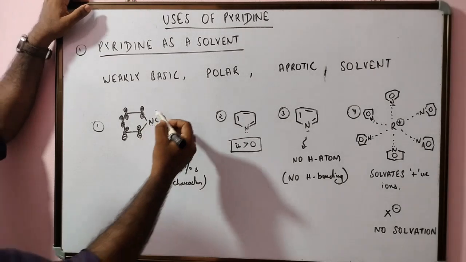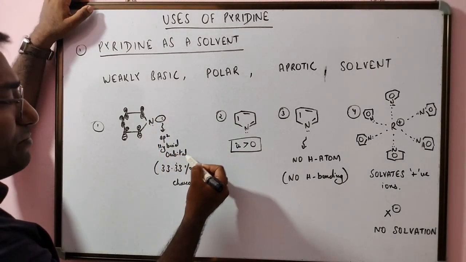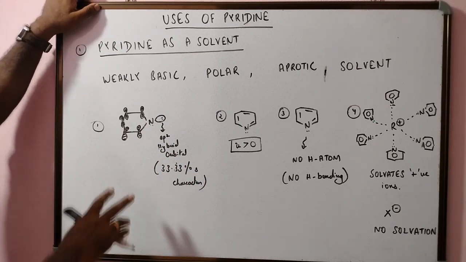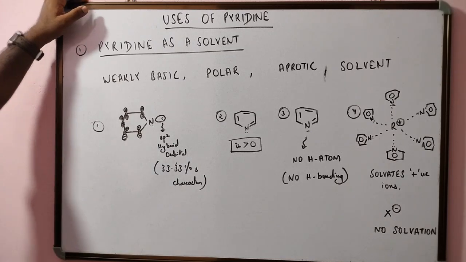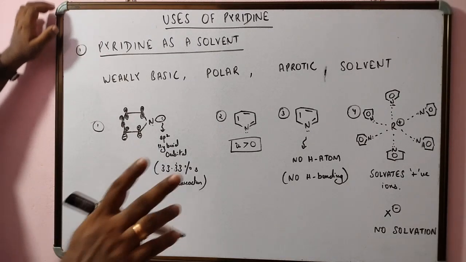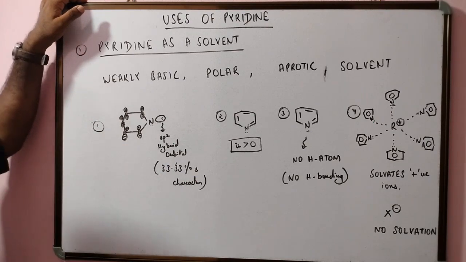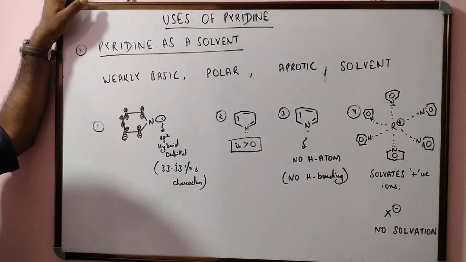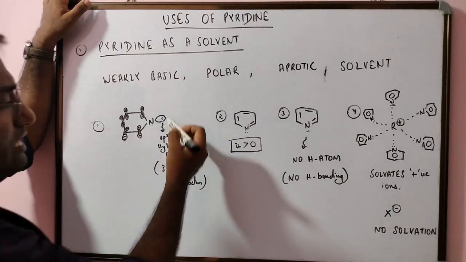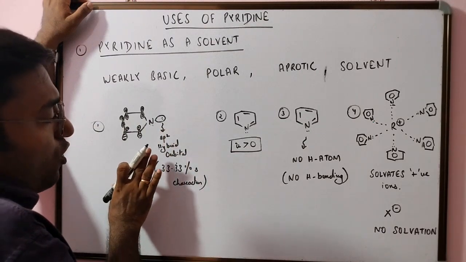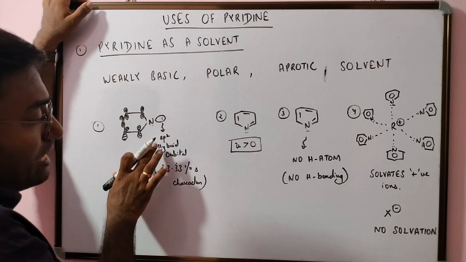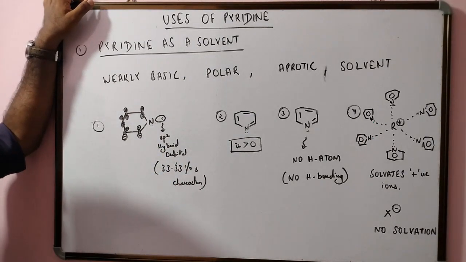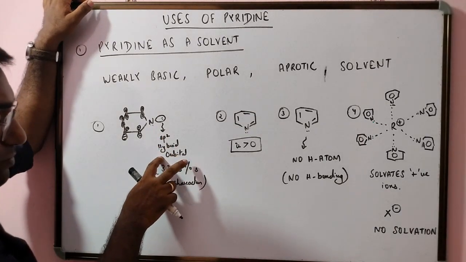In other words, the electrons in the sp2 hybrid orbital are available for donation, and that is what makes the pyridine ring basic. To be very specific, the pyridine ring is weakly basic. The reason for this again is that the electrons lie in an orbital which has a greater proportion of s character. To be accurate, the sp2 hybrid orbital has